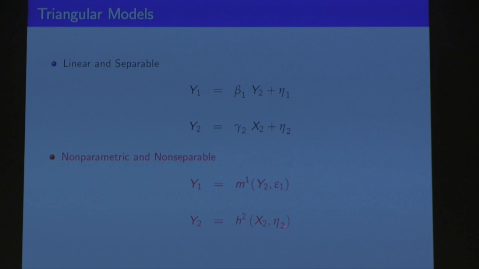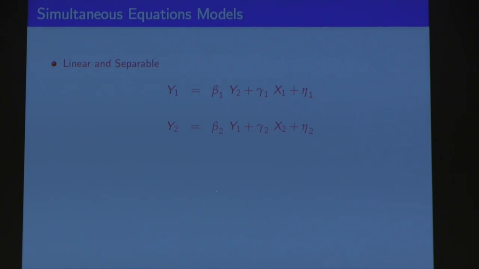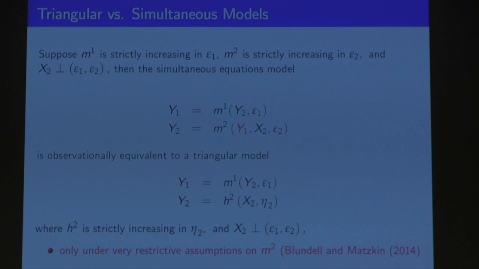So now we have this eta 2, so this can be estimated, assuming that these are all non-parametric and unknown functions. The only assumptions are that they are strictly increasing in the unobservables. Okay, so this is a recursive model. We estimate this model. We can identify this model. We get eta 2. And then conditional on eta 2, these two are going to be independent.